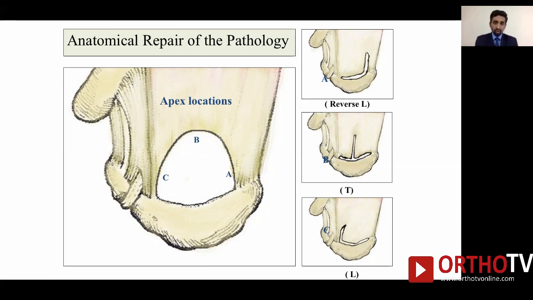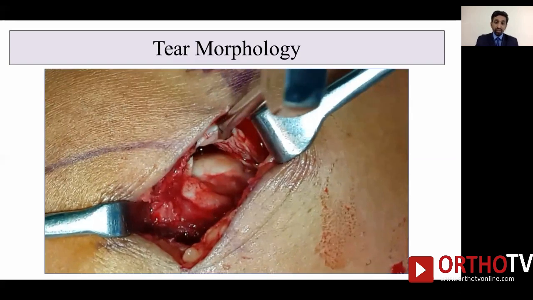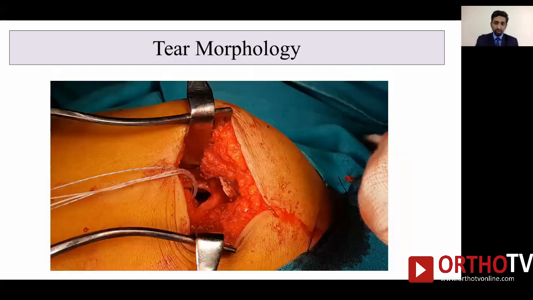This identification of the cuff tear anatomy is extremely important, and that is where the mini open technique is much better, because this becomes very easy as we get a panoramic view of the cuff tear. If you see this cuff, it is a reverse L-shaped tear, and we can see it beautifully. So that is the common morphology of the cuff tear that you are seeing.